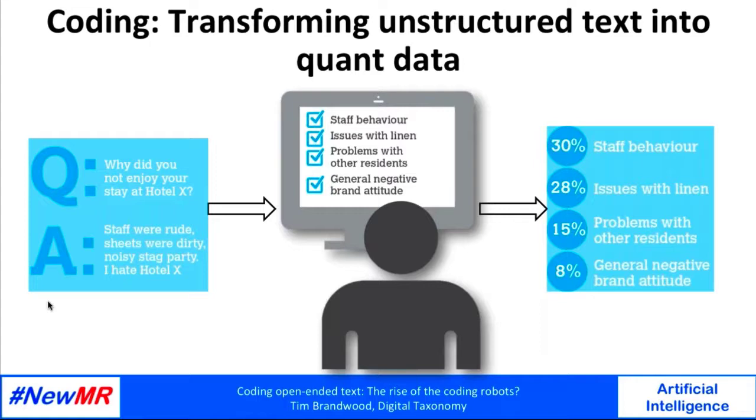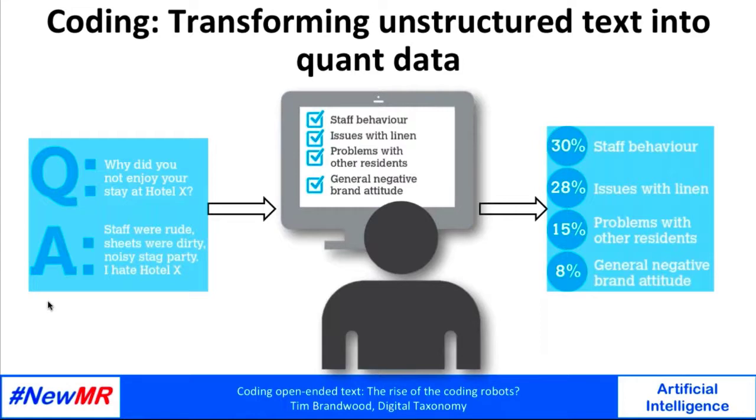And secondly, the level of accuracy required is also very, very high. Collecting survey data is expensive, so researchers expect a high level of accuracy. There's no point spending loads of money on a survey if your coding gives you the wrong answer at the end. And lastly, we can see here, the task often requires coders to make judgment calls and what I call